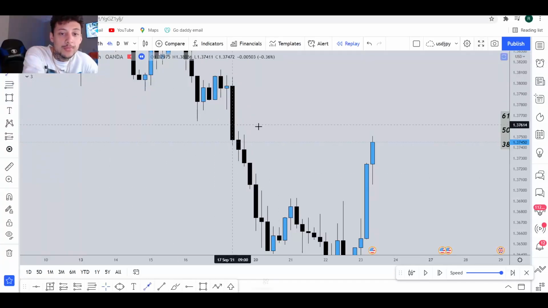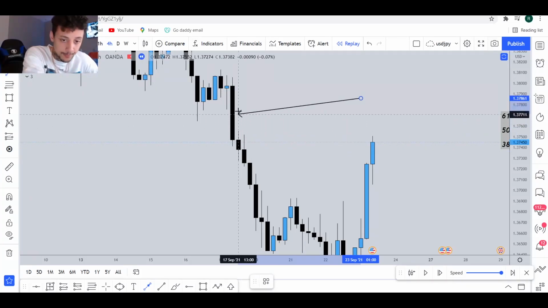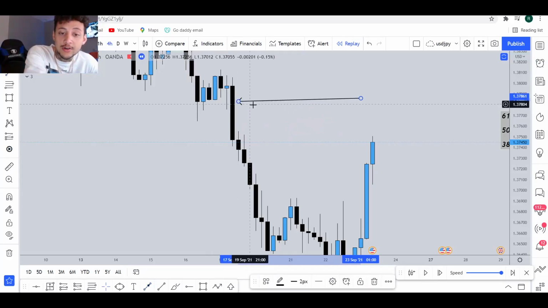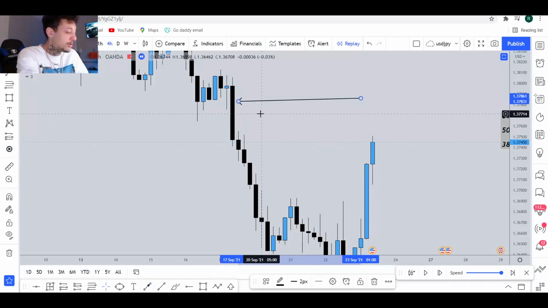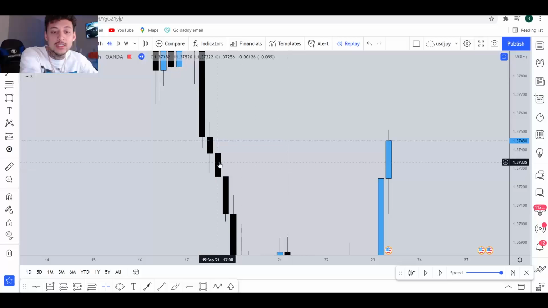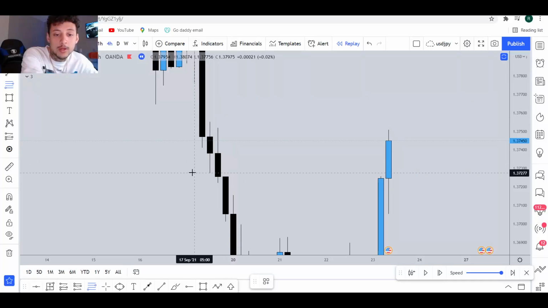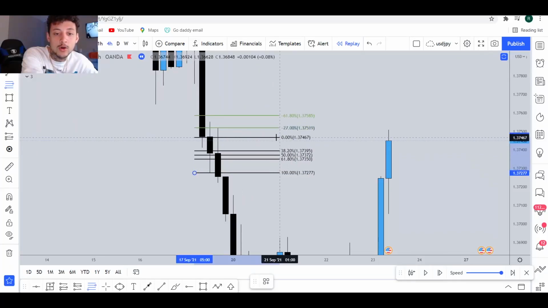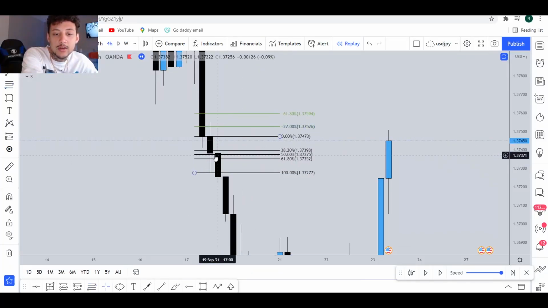So clearly, this candlestick here, from the open to the lowest low, closed within the bottom third from the open to the lowest low. That's going to be considered a very strong bearish candlestick. Now, let's say for candlesticks like this, we can't really tell. We're going to be using the same fib trick. But this time, since it's a bearish candlestick, we're going to be going from the lowest low to the open. You can see this candle closed in between the 50 and 38.20,